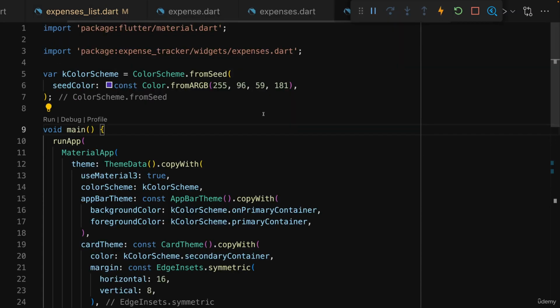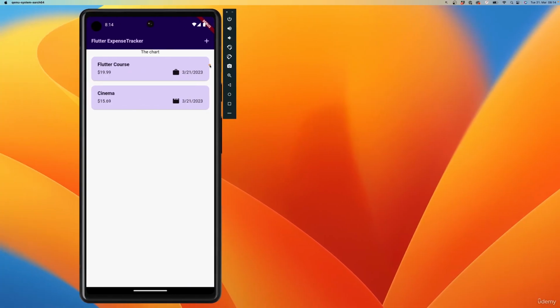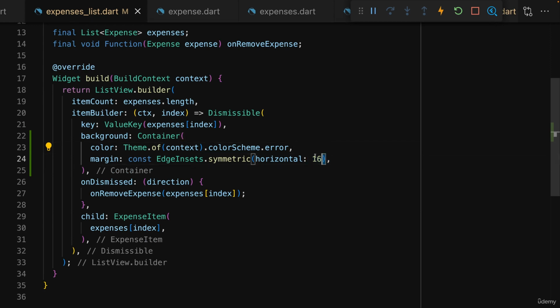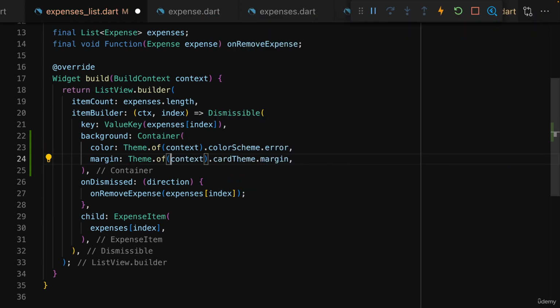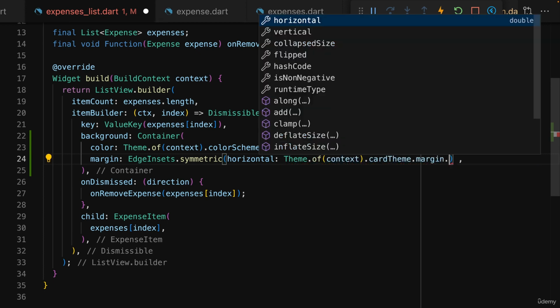And you might remember that in main Dart, I actually set the margin of the card theme here to horizontal 16. So that's actually where this margin here is coming from. So therefore, since this is defined in our theme in this application here, we of course can get this margin from our theme by again using Theme.of and then getting the cardTheme and there the margin. Or if I only want to apply the horizontal margin, as it's the case here, I still create an EdgeInsets object with symmetric to set my horizontal margin, but this value is then derived from my theme by accessing